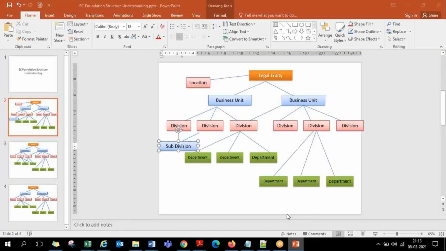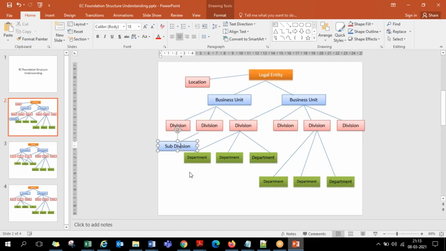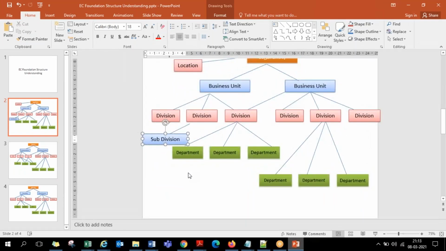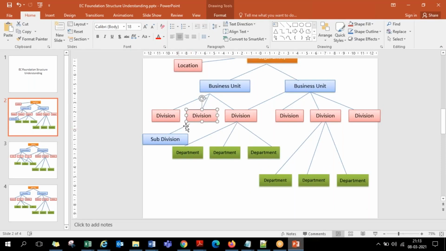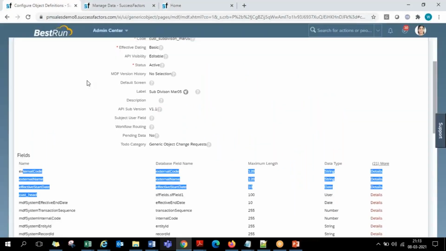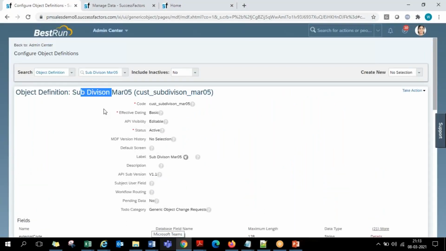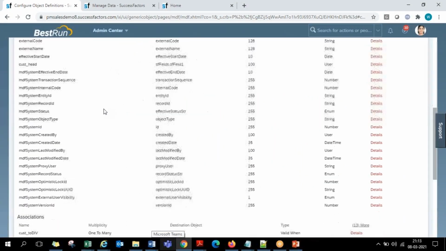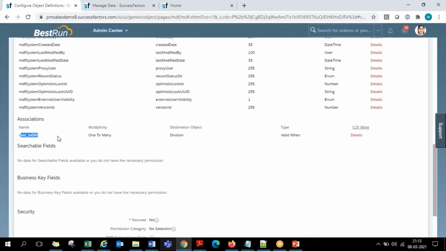And now, as a process of integration and association, when you want to associate this custom layer with the standard division layer, whenever we are required to configure any association between two layers, we definitely go to the bottom level and link it with the parent. In that regard, in the subdivision, which is the bottom level, we went to the association section, and here we have defined our custom association to the standard division object.